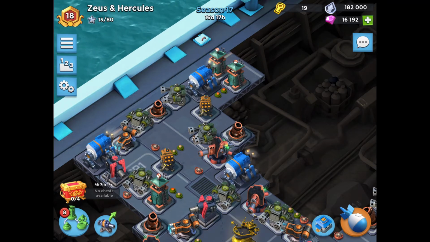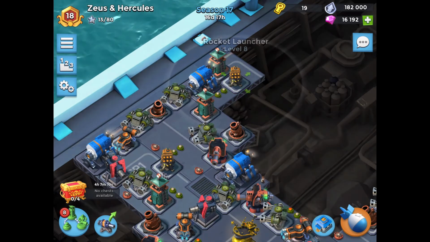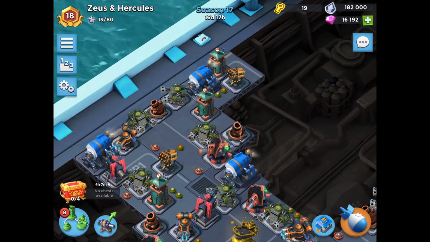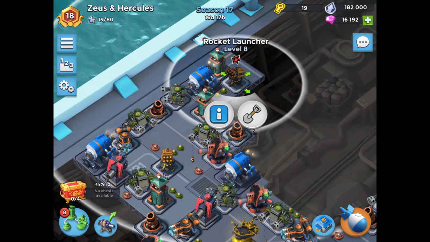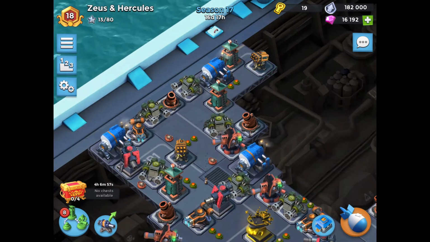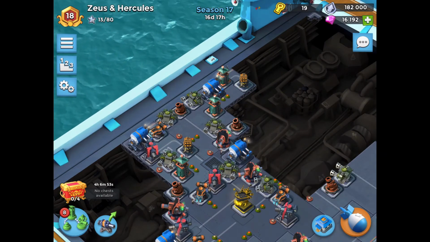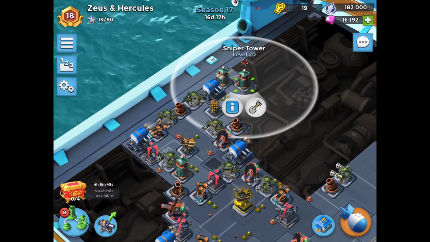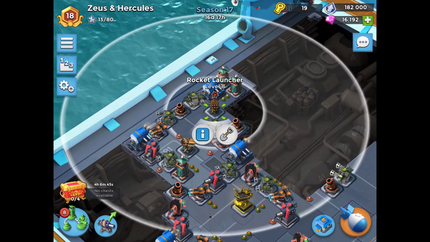One option is to swap the rocket launcher with one of those sniper towers, but my concern there is then you start leaving yourself open to rocket choppas coming in from the right side. And there isn't enough room to put the rocket choppa and the sniper tower behind the engine, so that's just not going to work. And we can't move the engine over because